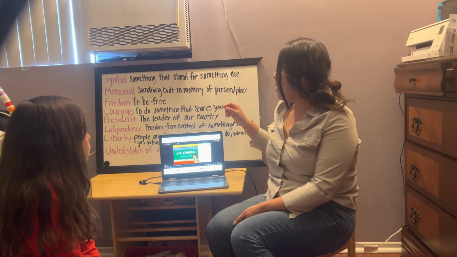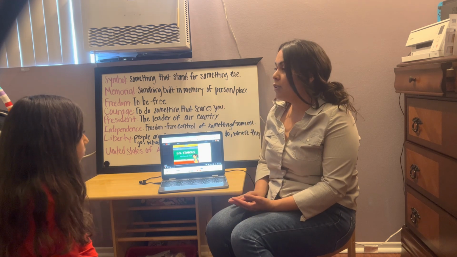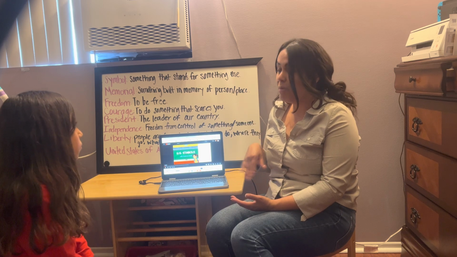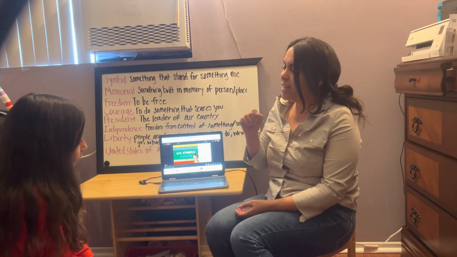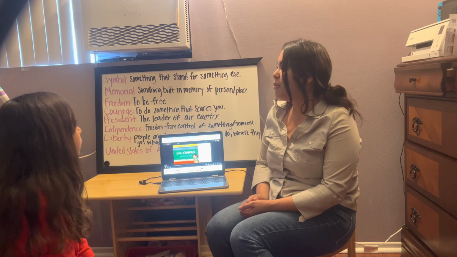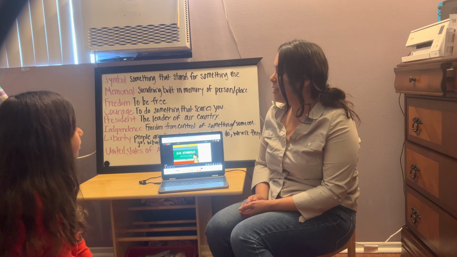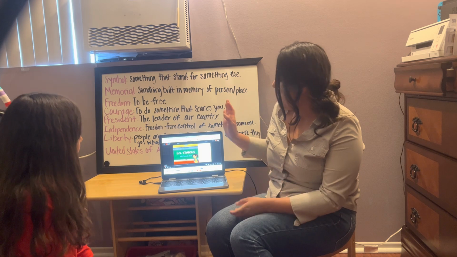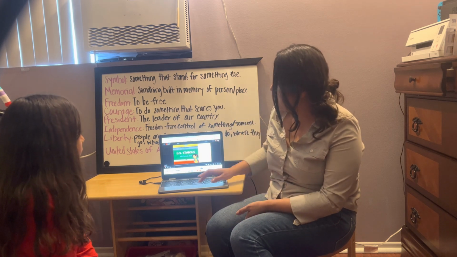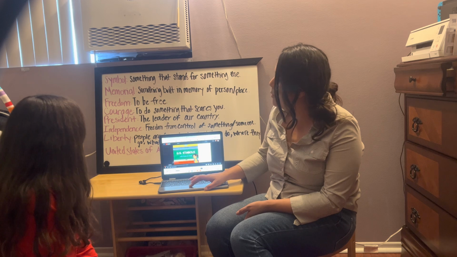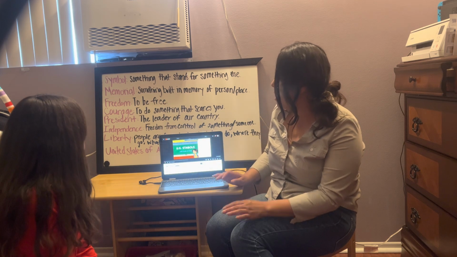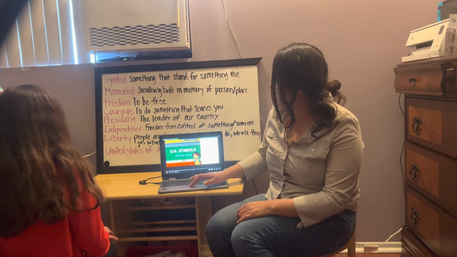Very good. So I want you to look for 2 examples. You're going to draw a picture, or you can print a picture if you don't want to draw. And then you're going to write a sentence about why you think that is an important symbol for our country, okay? And then we're going to get together and share what we found. So we're going to watch this video first to tell us a little bit more about American symbols, and we're going to see some of our definitions in there as well, just to get us some practice, okay? Let me push play here.